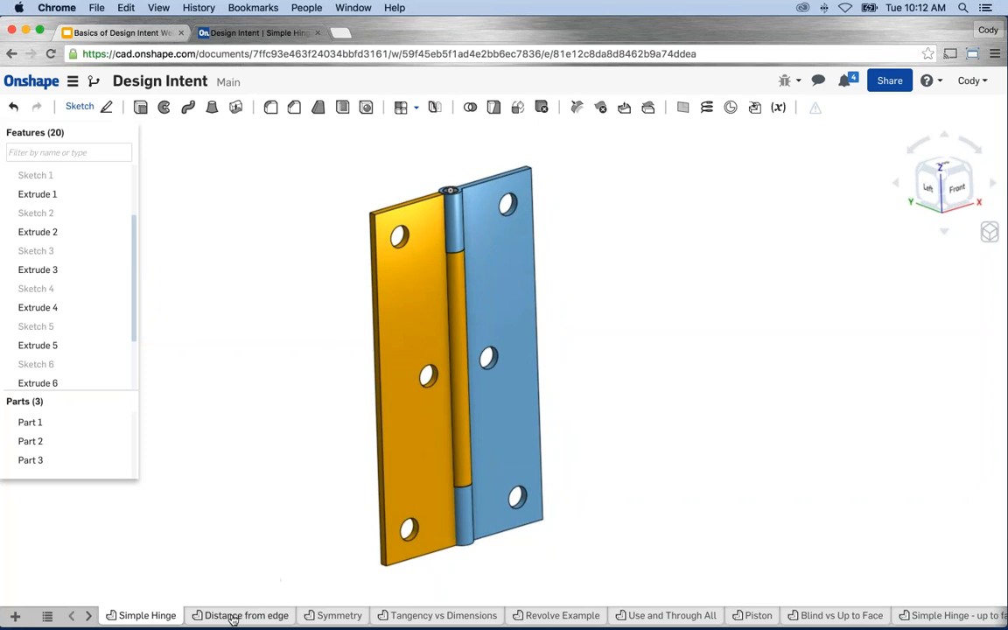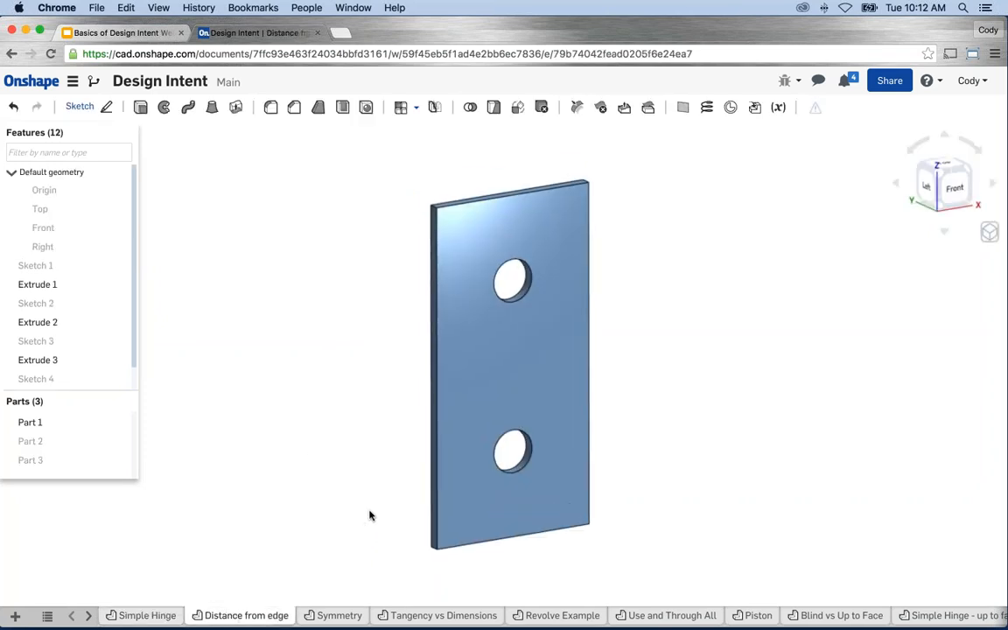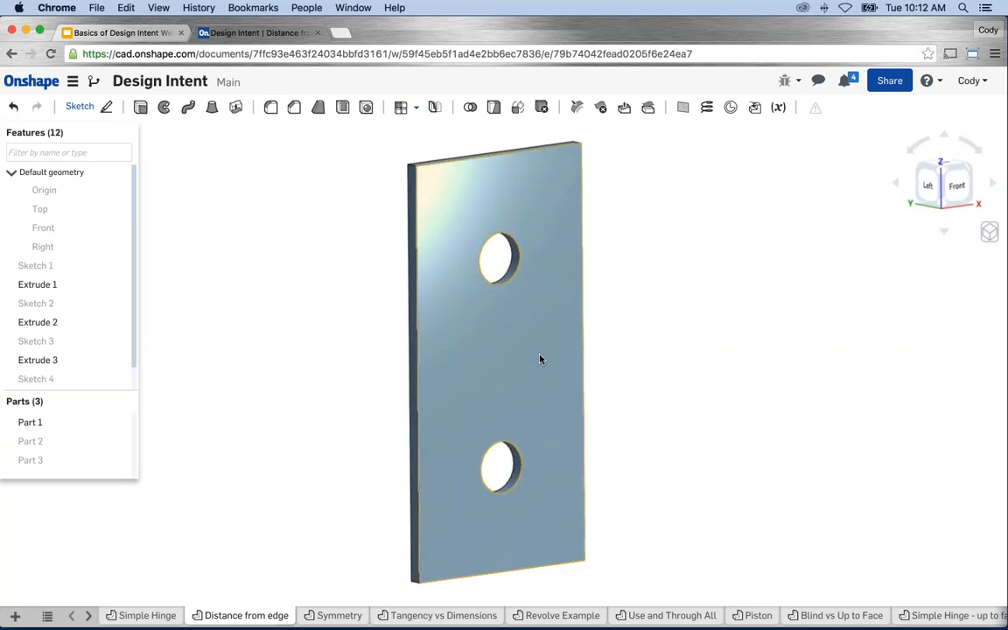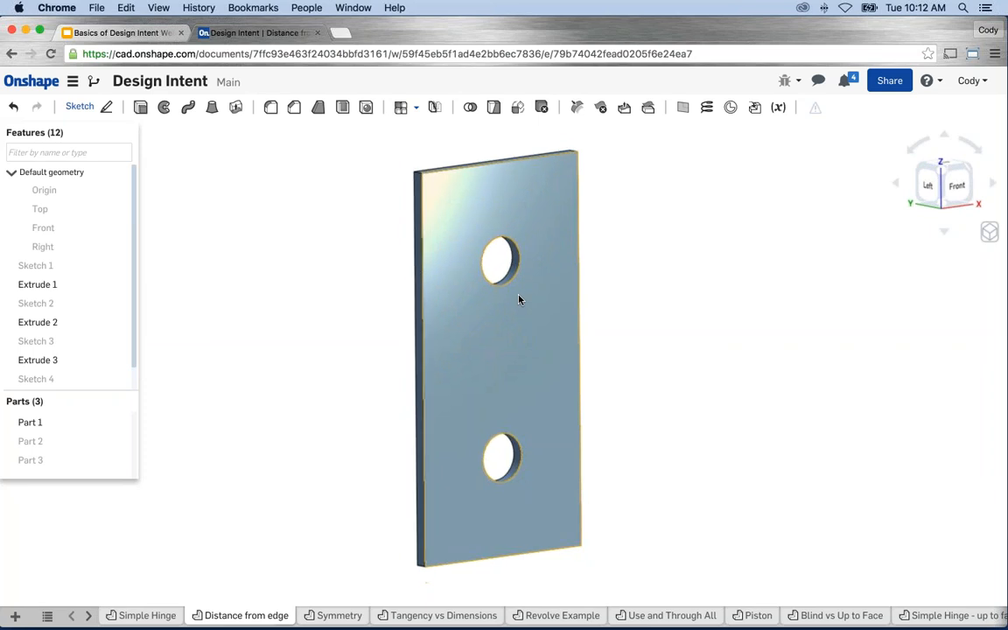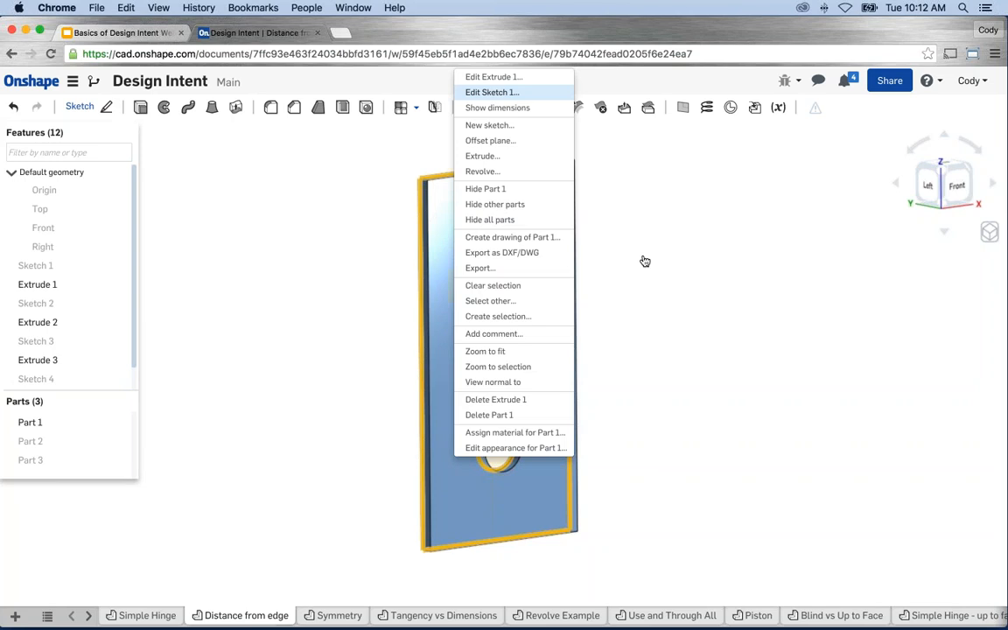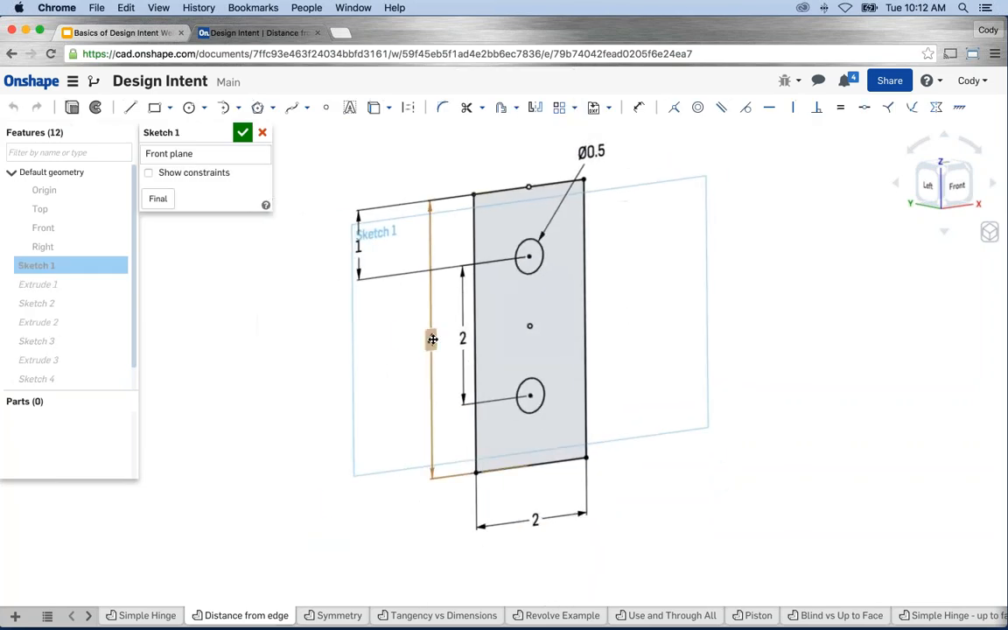Now let me show you an example where it's not always so simple. Now, this part couldn't get any easier, right? A block with 2 simple holes in it, and these holes are symmetric, or they're centered inside of the block. Initially when I see this and I just look at it as a single part, I think, okay, well, those holes should stay centered within the plate. So when I make a change, if I edit this sketch, for instance, and I change this dimension to 12,